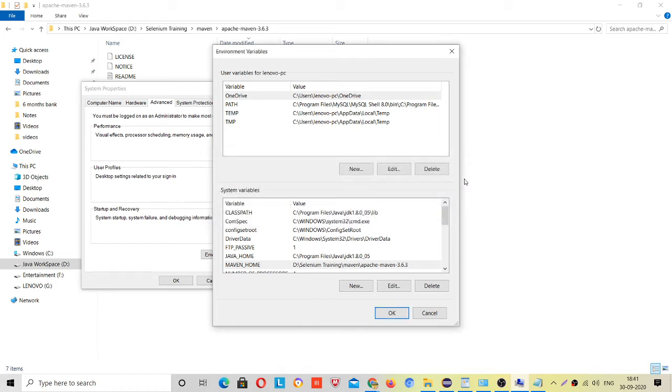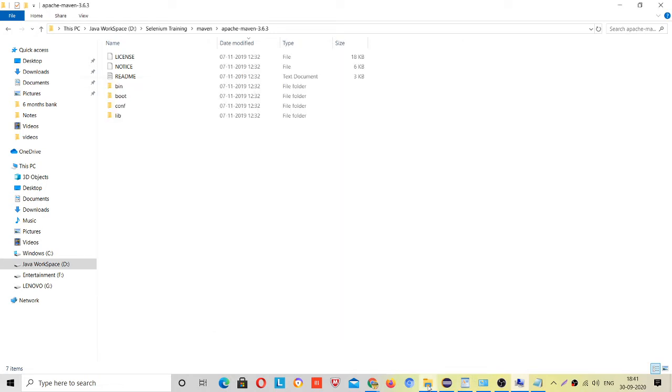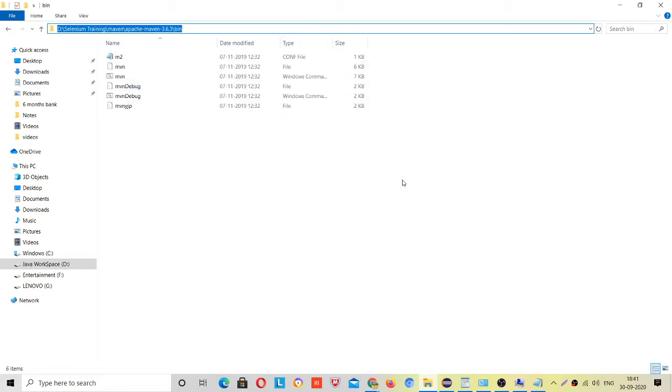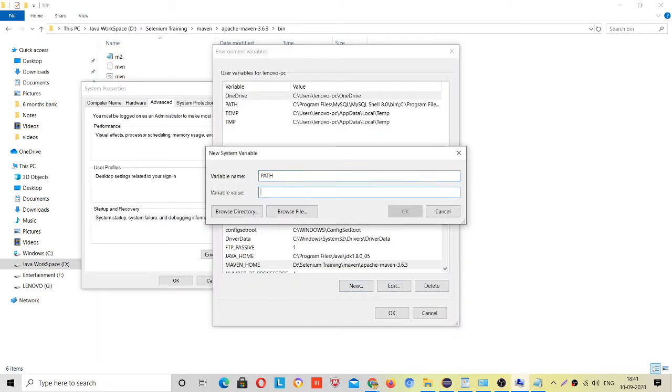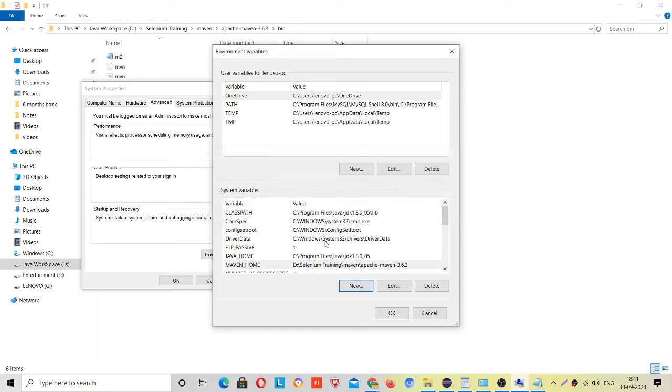Once you set up MAVEN_HOME, then go for the Path. You have to click on this, now copy this, come here, click New Path, and paste it. I have already done this.